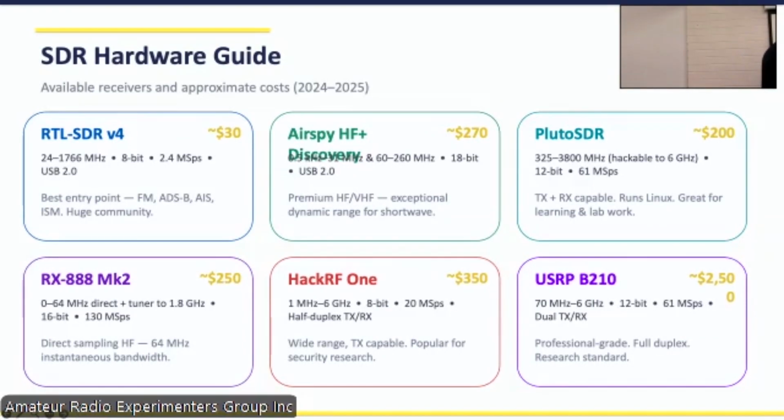The Pluto SDR, this is the number one education one. It was bought out by Analog Devices about 10 years ago. It was used extensively in the schools. It was moving up to a 12-bit infrastructure, and it's also got 61 mega samples per second. And it was able to do IQ. So you can actually receive the whole of 61 or 60 megahertz of receive. That's the same receiver that the Web 888 uses, by the way.